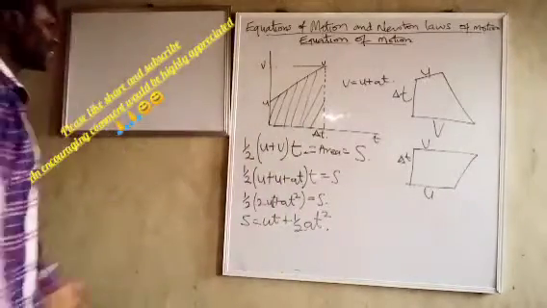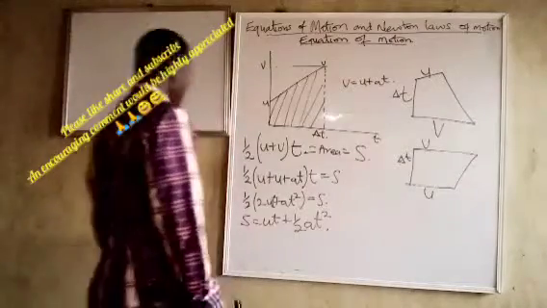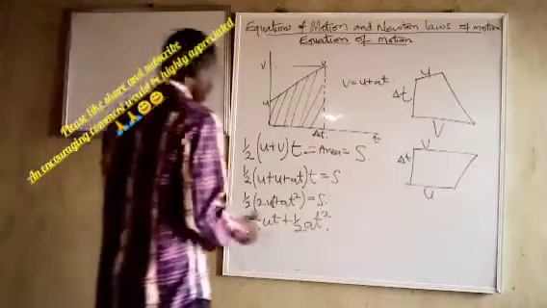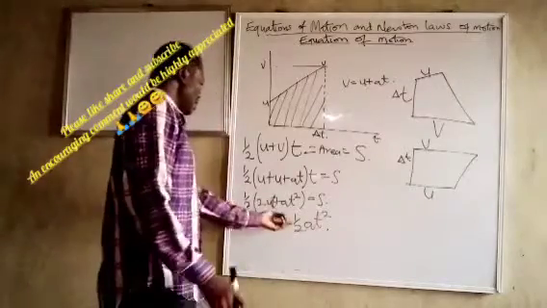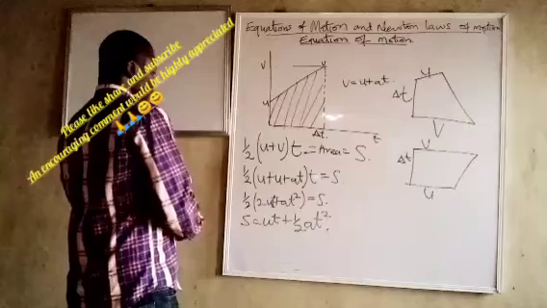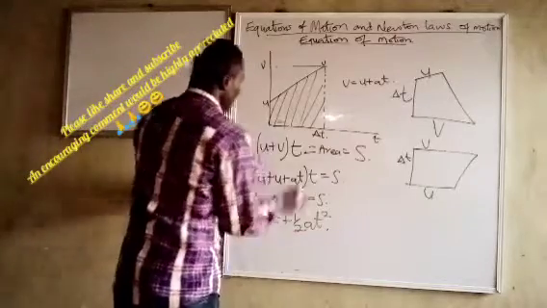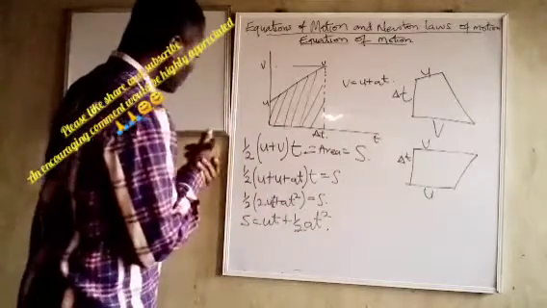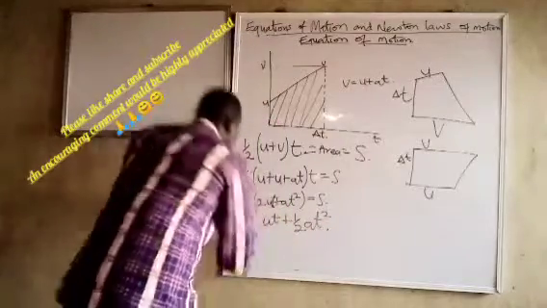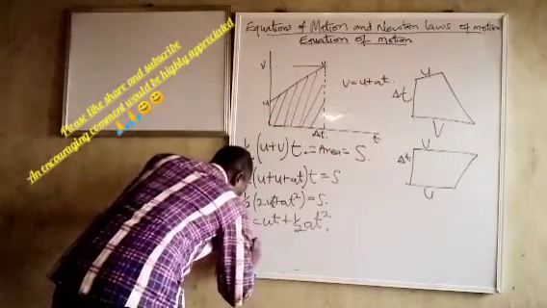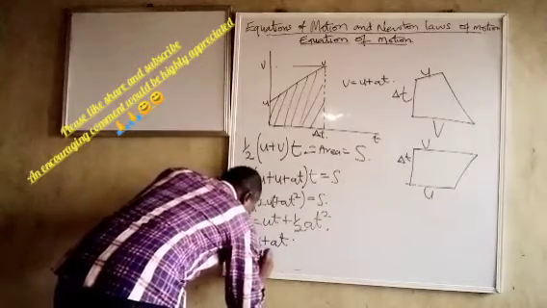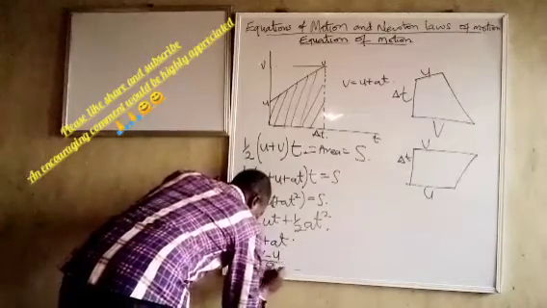Straightforward. So this is the formula you use every time, mainly every time. Now, if U is 0, it's just going to be half AT squared. That's all. So then let's look at another situation. What is T? V equals U plus AT. So T is equal to V minus U over A.